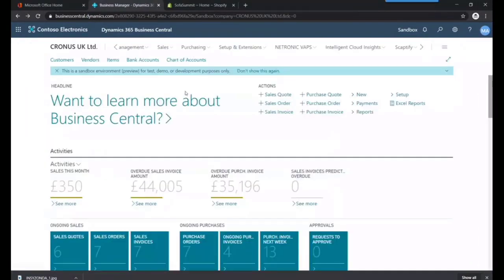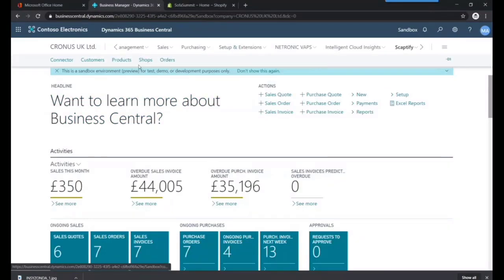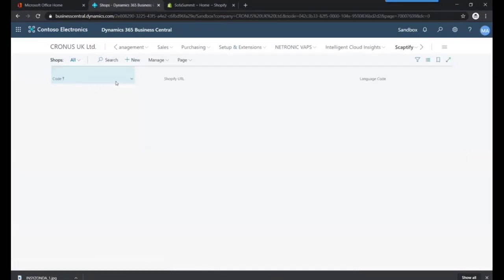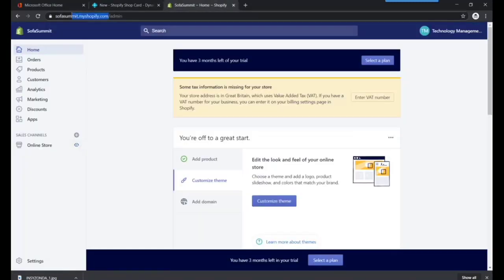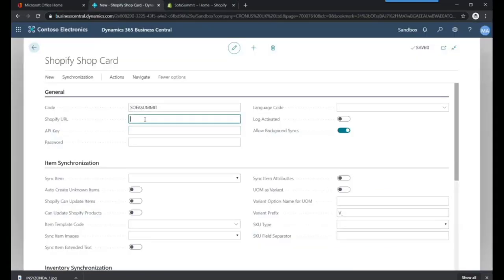So now to connect my store, I can quickly say Shopify, go to shops. I'm going to say I want to create a new shop in here. The first thing is I can give it a name. Call it Summit. If I go into Shopify now, the next things are, what are your credentials for Shopify? So how does it need to connect? The first thing it needs is the URL, which is that,